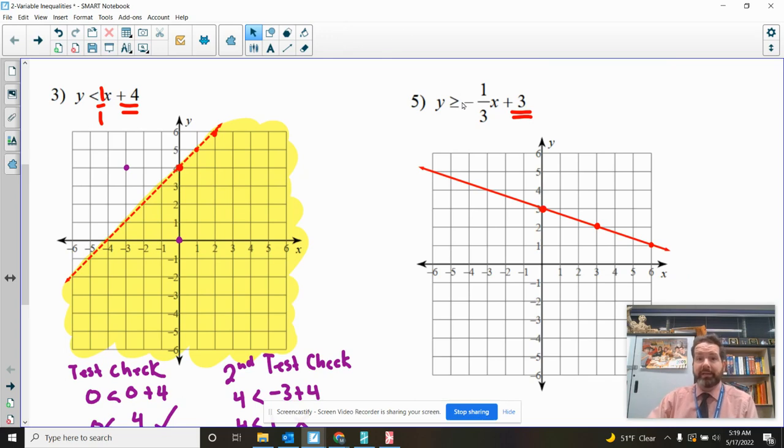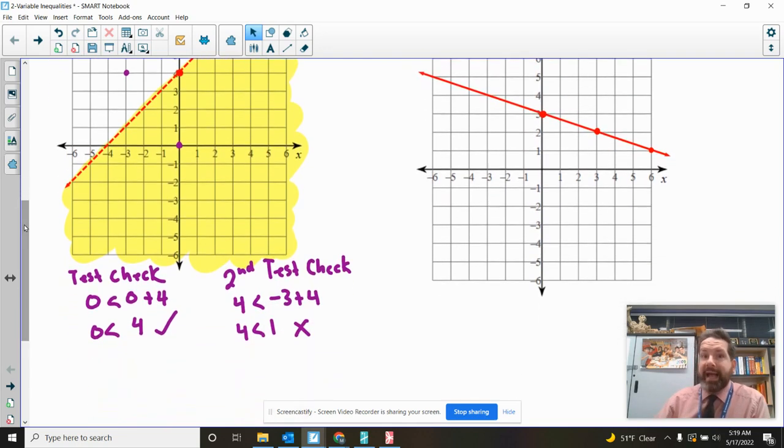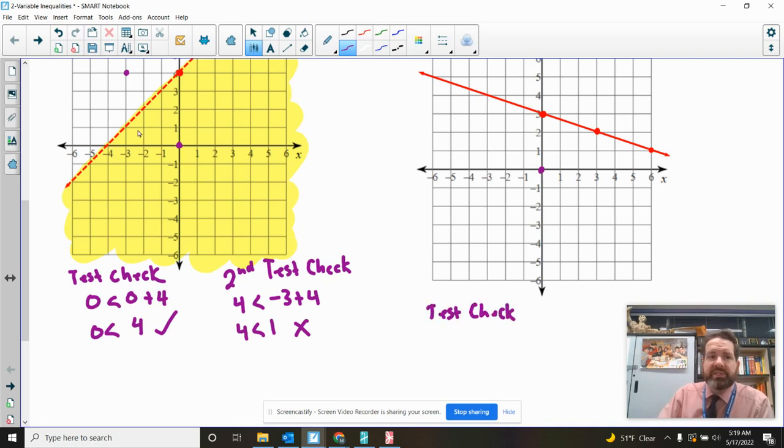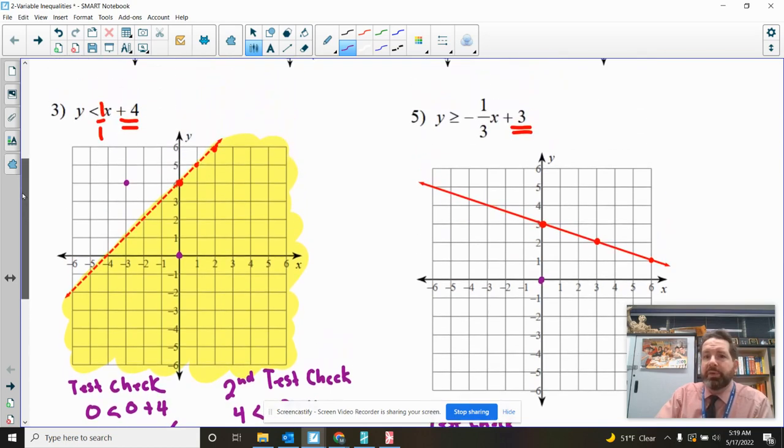Looking at the inequality, that means the shading is going to end up being above. But let's imagine I didn't know that. Let's do our test checks now and use that to help us make the decision. So for the first test check, I recommend using 0, 0. It's always going to be the easiest point. So test check with 0, 0. So 0 for the y,